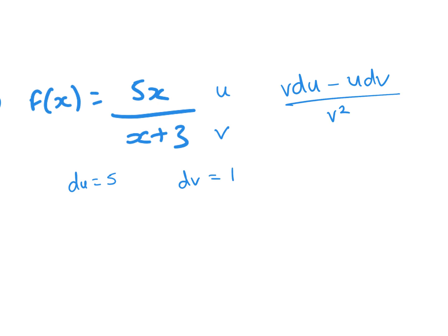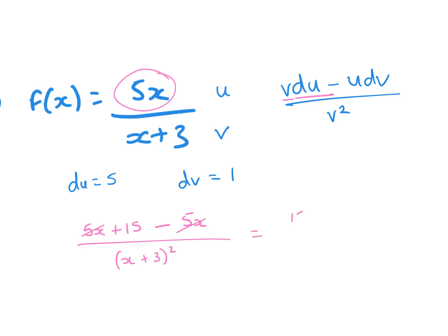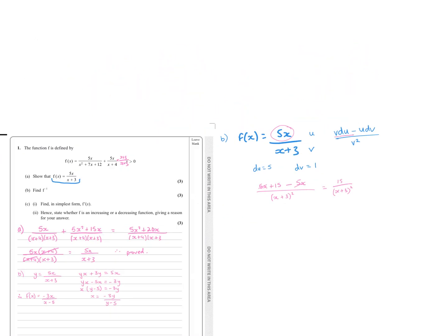So now, v, x plus 3 times 5. 5x plus 15. Minus u, 5x, multiplied by dv, it's just 5x, over (x plus 3) squared is actually going to give me 15 over (x plus 3) all squared. Nice and simple, okay? Really easy to differentiate. Now, it also says